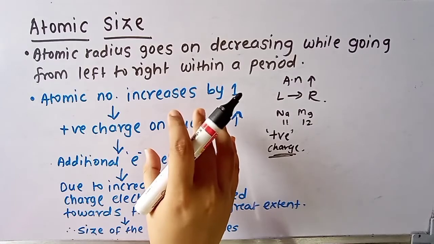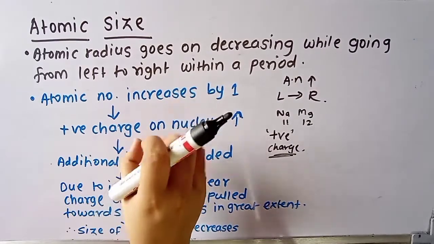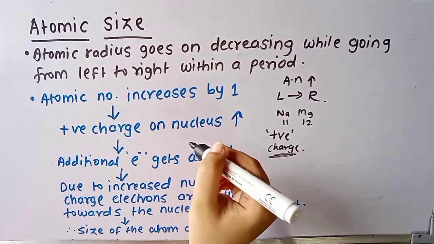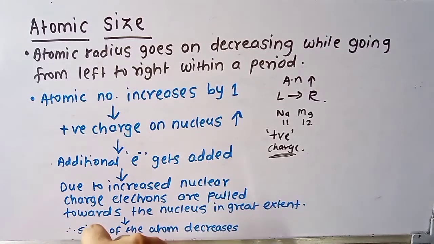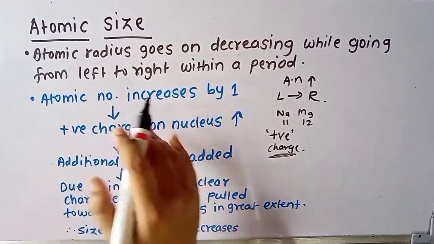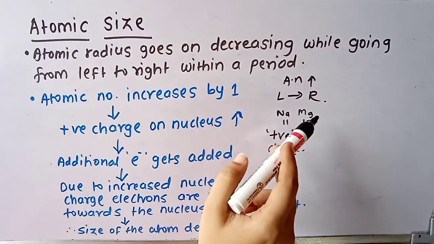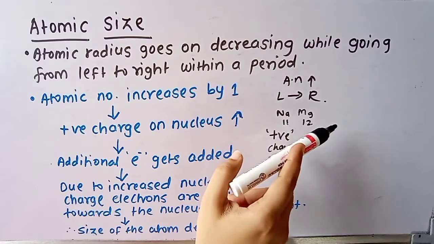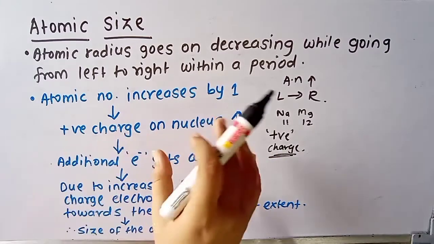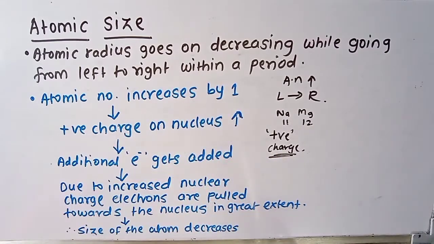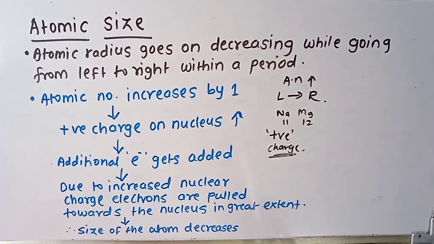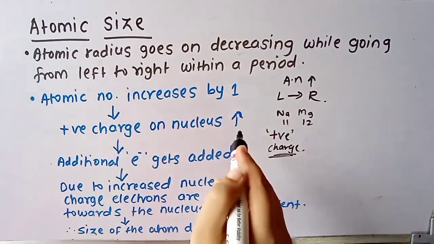So that means all the electrons try to attract in towards the nucleus. Yes or no? Towards the positive charges. So ultimately the size of the atom decreases. So remember this: if the maximum electrons are there in the last shell, the size will decrease, because the pull is greater at that time, because positive-negative attraction is there. Yes or no? So positive charges also increase.